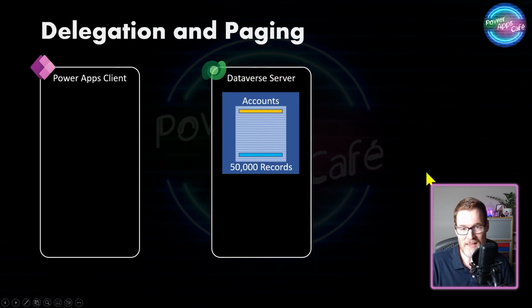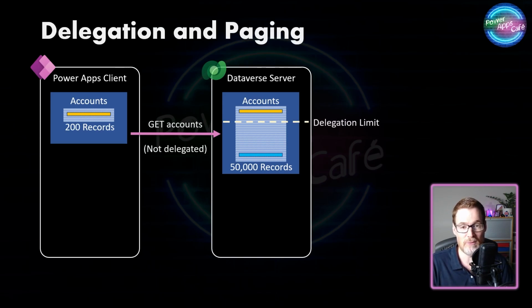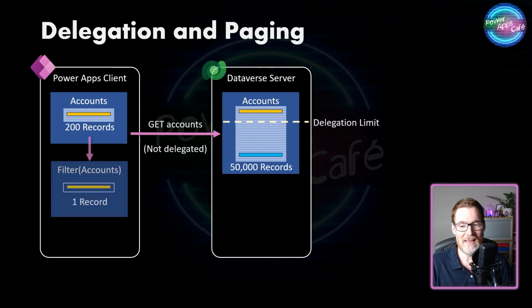We've covered it previously. The Power Apps client shown here is simply doing a filter in this particular case. In a delegated scenario, that filter would be able to return exactly the right results across a very large data set. When you've got a non-delegated query, in this case we're only going to get up to the delegation limit, so only that first set of records. If we're looking to filter to include both the yellow and the blue records, because we only get up to that delegation limit, we're only going to see the yellow result, which will be incorrect.